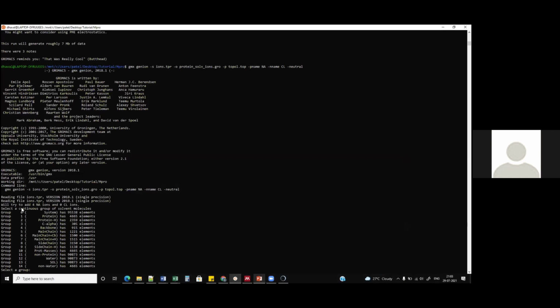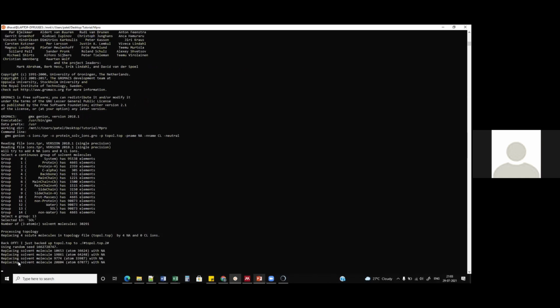Okay. So now it is saying that it will try to add 4 Na. The charge was -4, so it is trying to add 4 positive ions into your system. And it is asking what you want to remove before adding them into the system. Obviously we'll remove solvent. We are not going to remove the protein; we cannot disturb the protein. So in this case, we'll just select 13 and press enter.